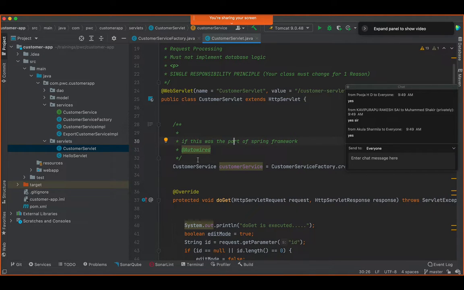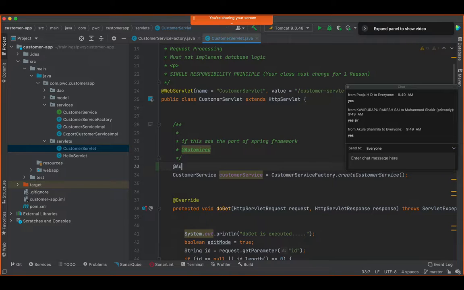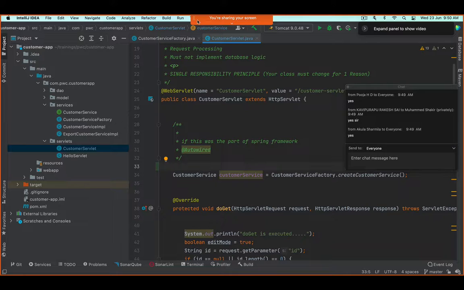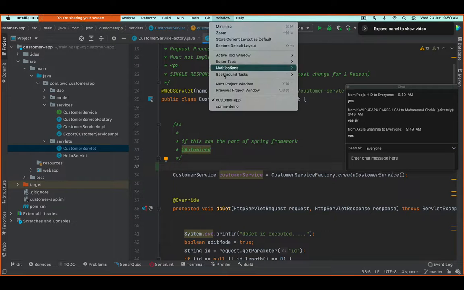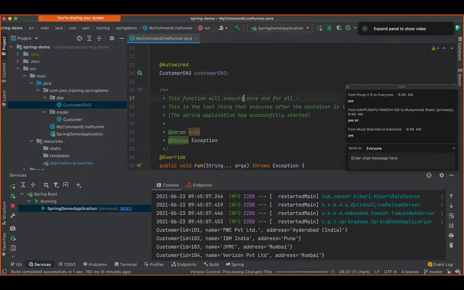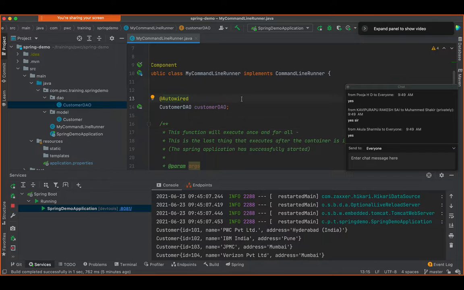Of course, I cannot use that here. If I give that here, it will give me a compilation error because I don't have AutoWired here, right? How will I be able to import it? It's not there at all. I cannot use it here. So instead of creating my own factories and stuff, when we moved on to Spring, this is the benefit that we get. We can use AutoWired. Okay, friends, you're getting the point?